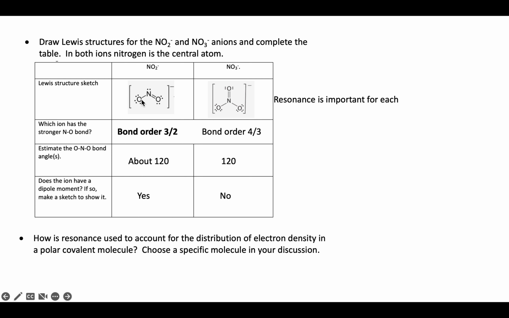NO2 minus. If I'm thinking about the bond angles, well, in nitrate, after applying resonance, I'm thinking 120, 120, all the way across, all the way through. If I look over here for the nitrite, it's going to be a bent molecule. I see 3 different electron domains. So if I had to estimate, about 120. I'm less certain because I'm not sure precisely how much the lone pair occupies relative to the other 2 bonding